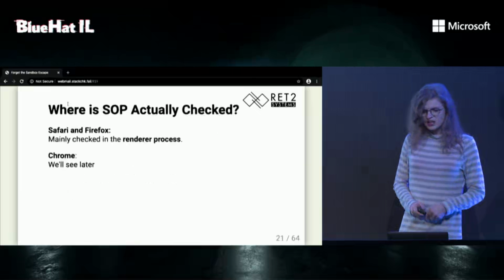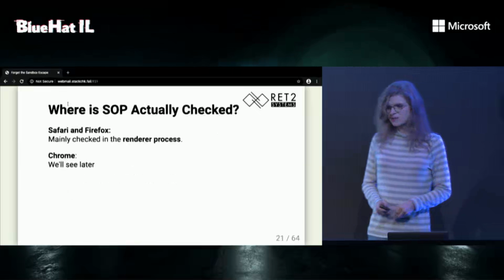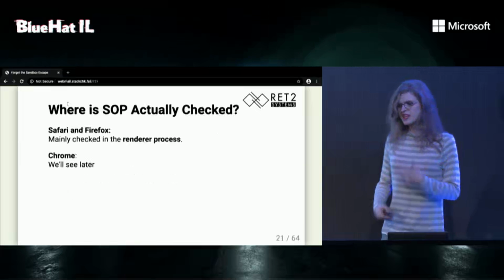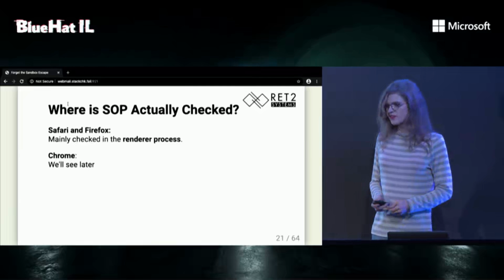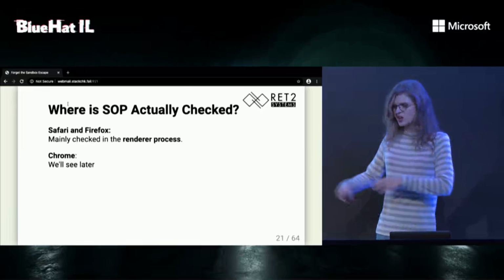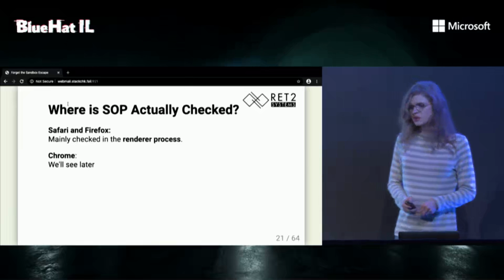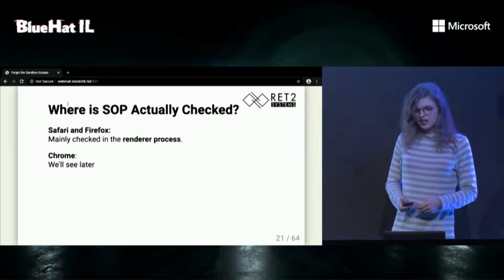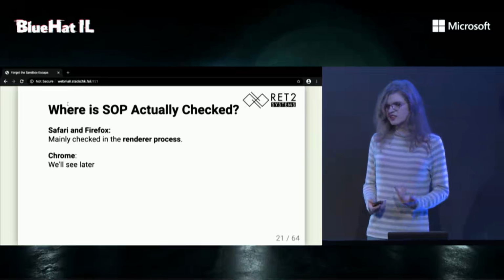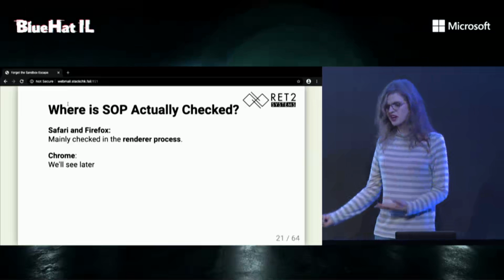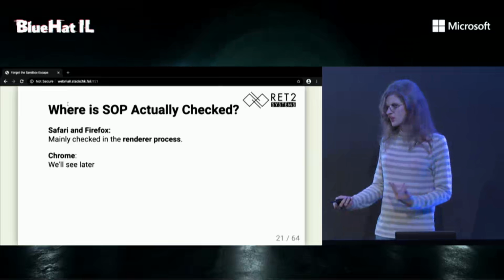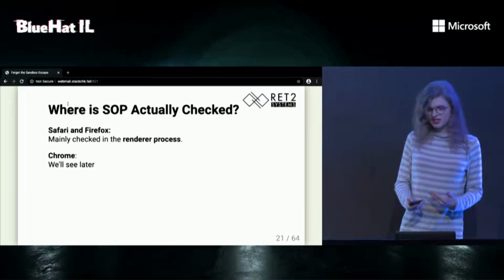So let's take a look at some case studies of where these same origin policies are checked. I'm going to look at both Safari and Firefox for now, and we'll talk about why not Chrome. If you take a look, you'll see that the checks are actually done in the renderer process, which is what we fully control. So we'll be able to manipulate them